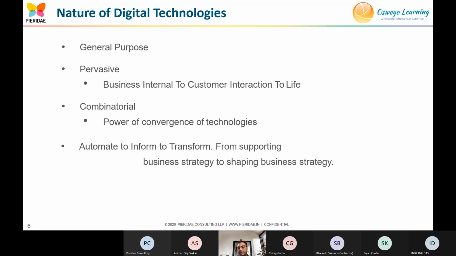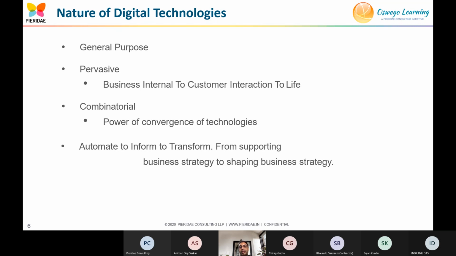There are some common natures of digital technologies. First one is that it will be general purpose. General purpose means this technology is not confined to your industry. It can be used anywhere, right? For example, mobile. It's easily available. It can be used in any industry. So that's one important characteristic for a successful digital transformation or digital strategy. The technology you are trying to use should be general purpose so that your adoption